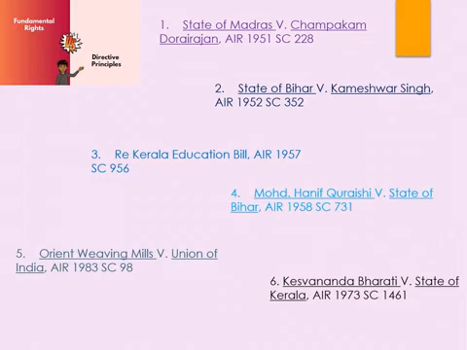In the Mohammad Hanif Qureshi versus State of Bihar case, a state law which prohibits slaughter of cows and calves and other cattle capable of work had been upheld because it was meant to give effect to Article 48 of the Constitution. Similarly, in Orient Weaving Mills versus Union of India, Article 44 has been referred to in upholding validity of the excise rules empowering the central government to grant exemption from payment of duty to small cooperative societies of weavers producing cotton fabrics on power looms.